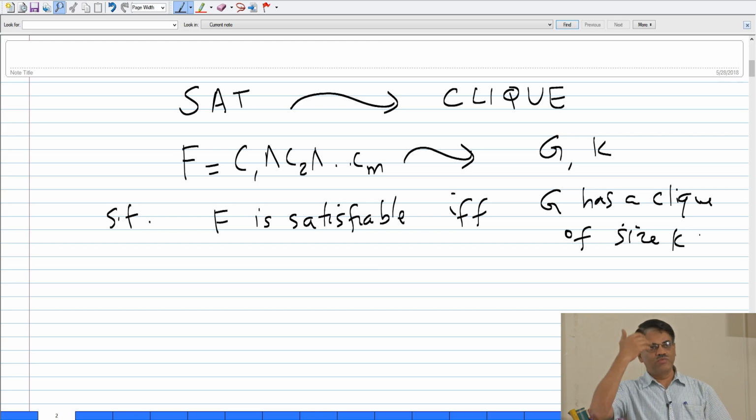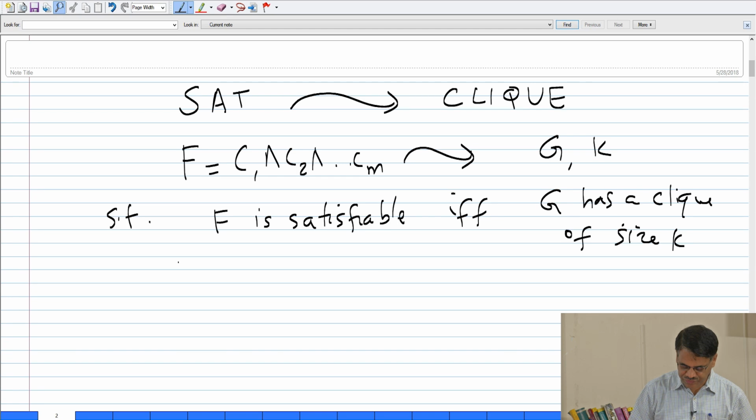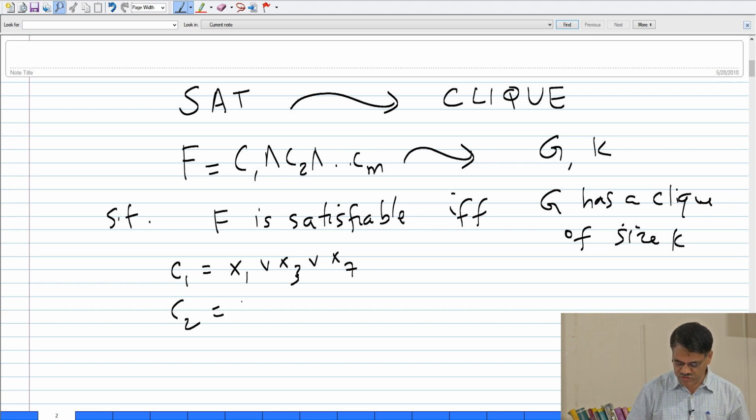Now I'm trying to make the connection even more transparent. Here I want a subset of vertices which are mutually adjacent. Here I want a subset of variables such that one would satisfy C1, one of them will satisfy C2, and one of them will satisfy CM. So now that gives me a direction of how I want to draw the graph. Okay, so let me try an example. Suppose C1 is X1 or X3 or X7. C2 is X1 bar or X3 bar or X5, and C3 is